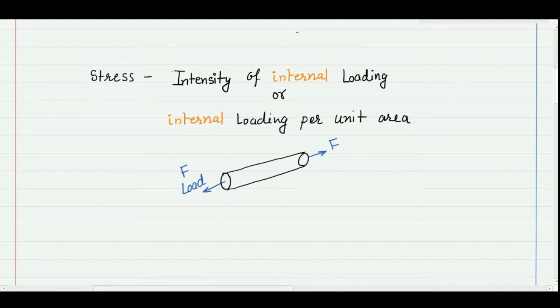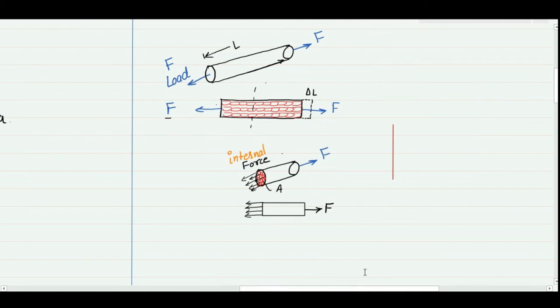And how can we visualize this internal force? Let's see that this is my force, this is my bar. I am applying force here, and because of that there is some change in length, and here the red bubbles are showing the atoms of this material, and these atoms are connected to each other. So when I apply a certain force here, it is transmitted within the body through these molecules. Suppose I cut my bar from here, I will be able to visualize that there will be a distribution of force, and the net force here will be equal to the force applied at the other end. So I know that the total force here will be equal to F.